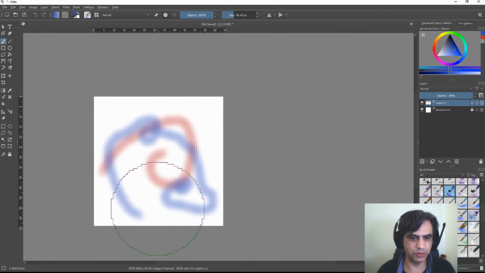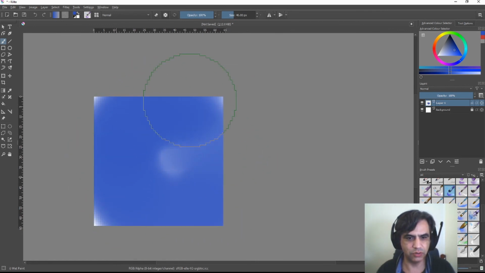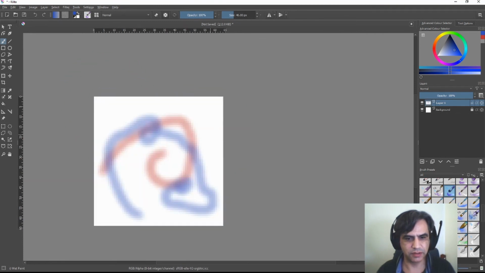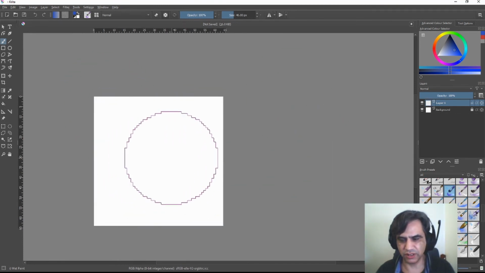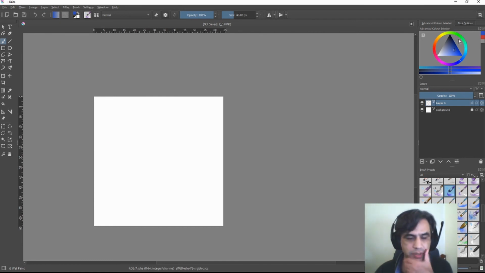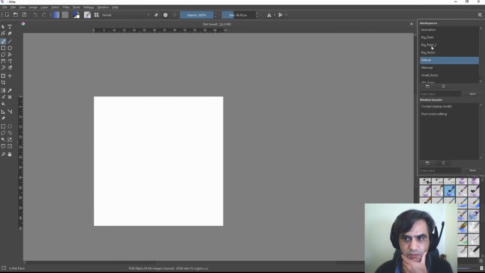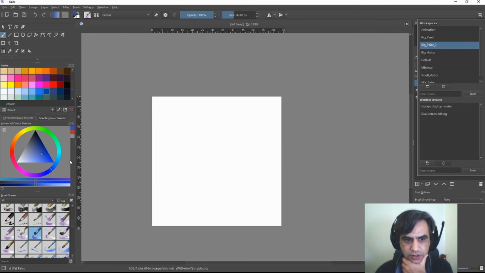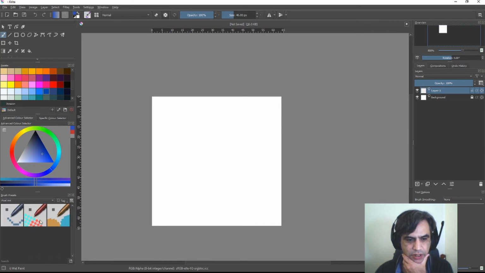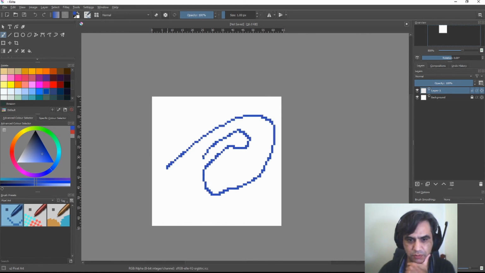For instance, this is too big because I'm using 32 by 32, so this is not that interesting. But for making pixel art, usually I prefer to use Big Paint 2 that puts the colors on this side, and I select pixel art. In pixel art, you have these three important tools or brushes. You have this one that is simple, one pixel. You can increase the pixel size though, so you can do something like this.